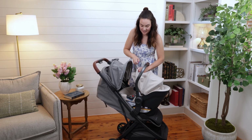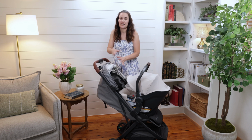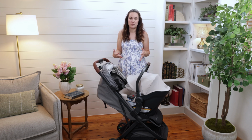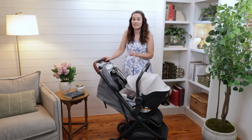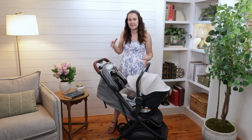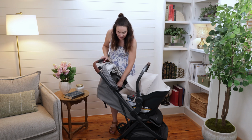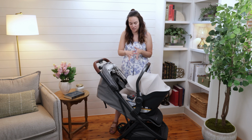and then it can become a travel system. Now, I have gotten some questions on Instagram on whether you can take the seat off and just have it be like a car seat setup like you could with the Minu V2, and again, also with the bassinet. You cannot, and that is because this stroller actually has a seat liner that is washable. So the rest of the seat itself will always be intact with the stroller, but the seat liner here is removable and washable, which is really nice,